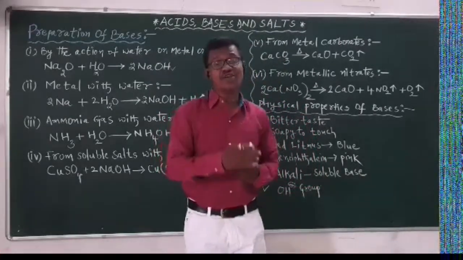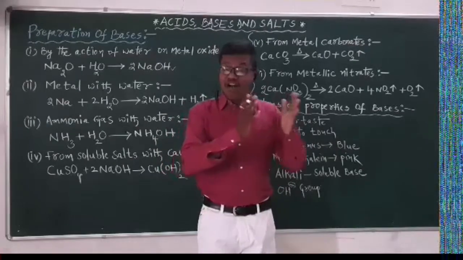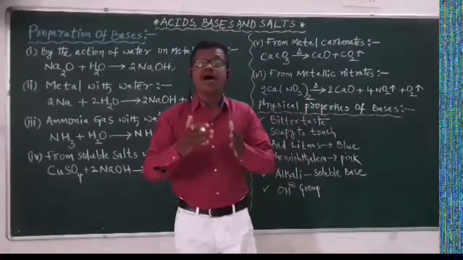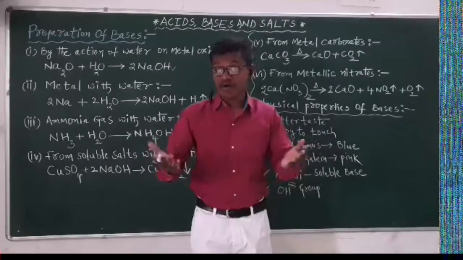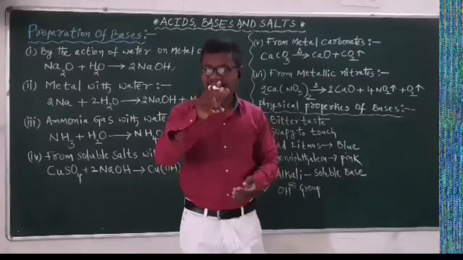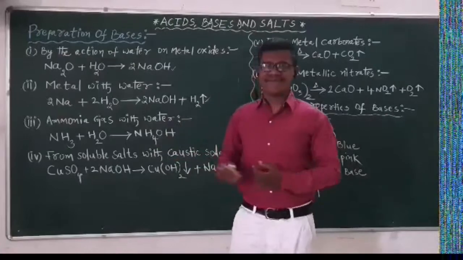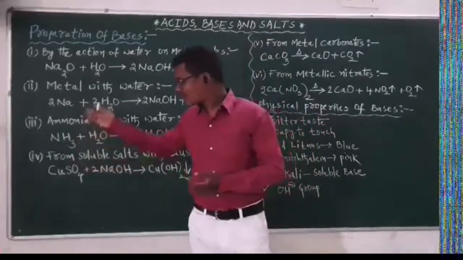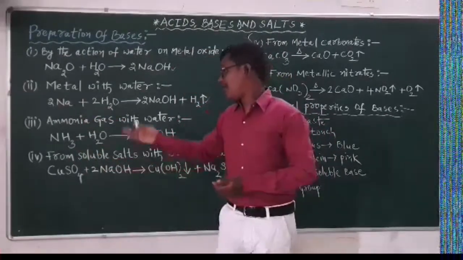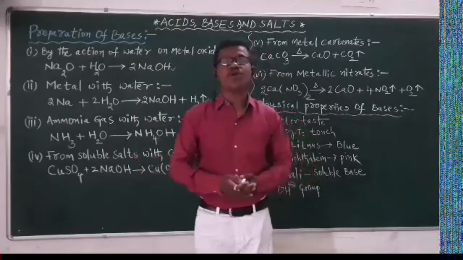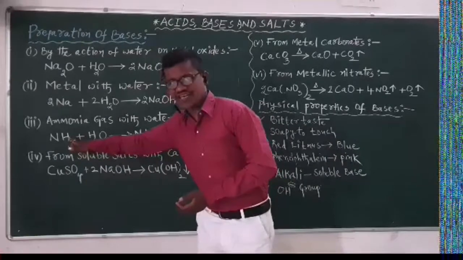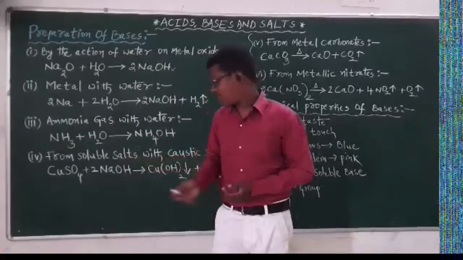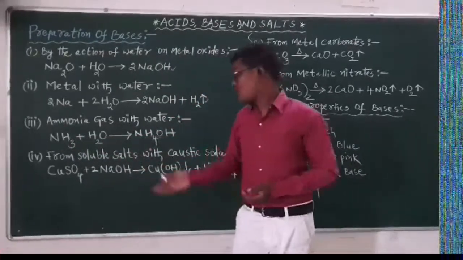So there is a question in your examination. When metal reacts with water, which gas is liberated? It is very important. So the answer is hydrogen gas. And if you go for the third preparation plan, that is ammonia gas reacting with water. The equation is ammonia NH3 is reacting with water and there is a production of a base which is called